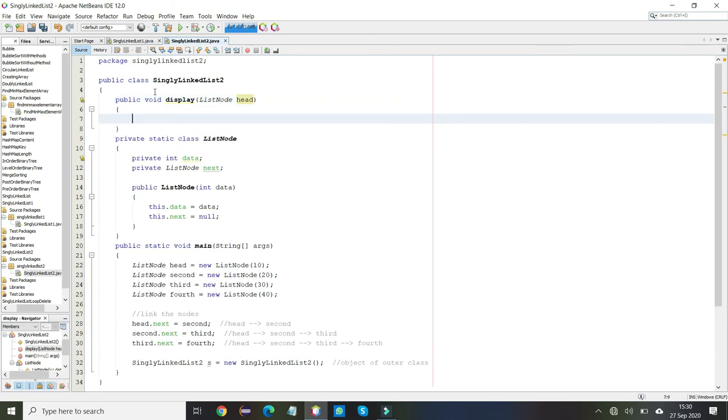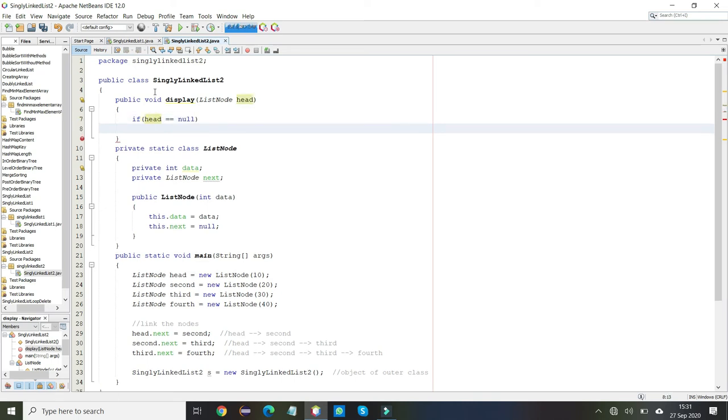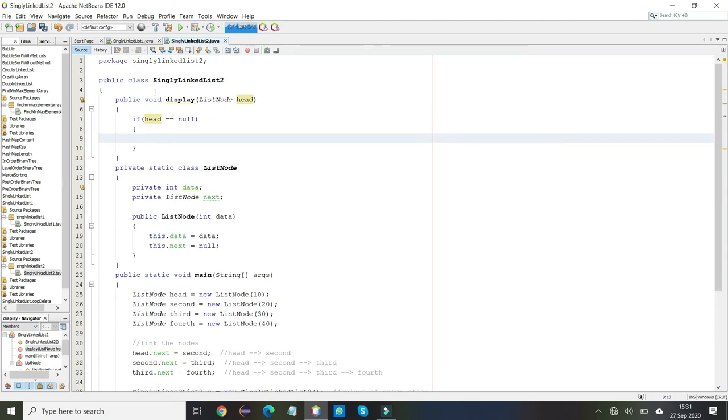First of all, we want to check whether the head is equal to null or not. So you have to write the condition in the if block: if head is equal to null. If the condition is true, then you have to return.